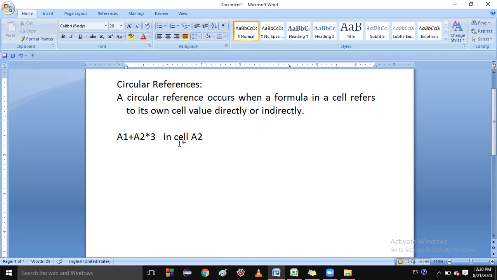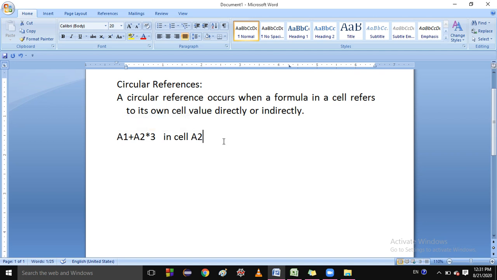What are relative references? Students, if you write ranges like this, and you move row-wise or column-wise, the cell addresses or ranges of the cells change when we move from top to bottom, or from left to right, or right to left. So if the cell addresses or ranges in formulas or functions change according to moving the cells, then it is called relative references.